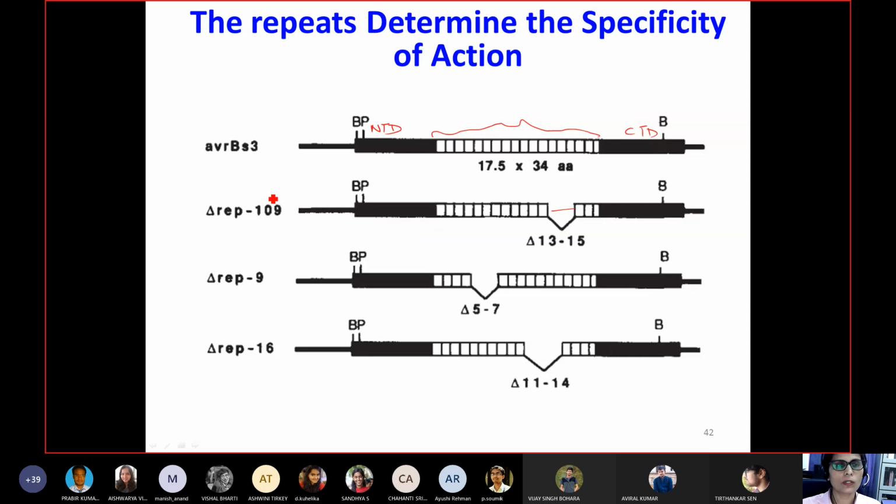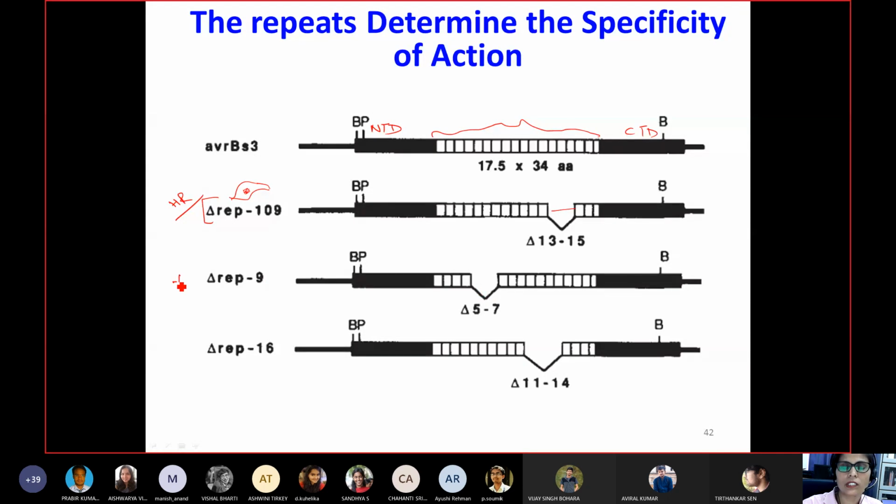And how are you able to see this response? You transfect it into the plant leaf, and if you do not see any local cell death where you have injected this construct, then there is no effect. That means there is no local plant death in this case. Similarly, delta repeat 9 also did not give any hypersensitive effect. Whereas in the repeat 16 construct, when they deleted the 11 to 14 domain, they were able to get a new kind of resistance